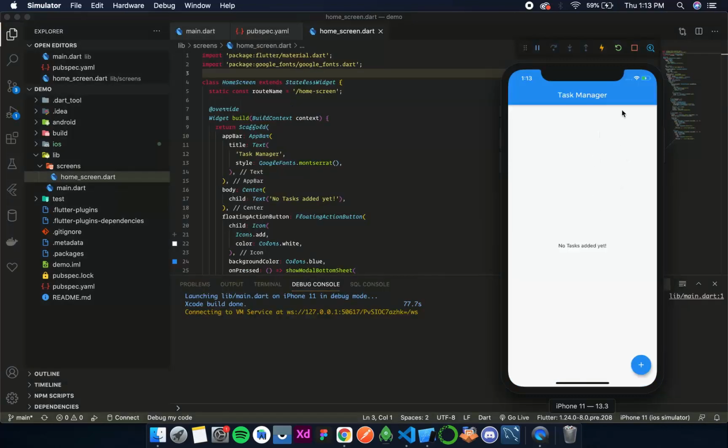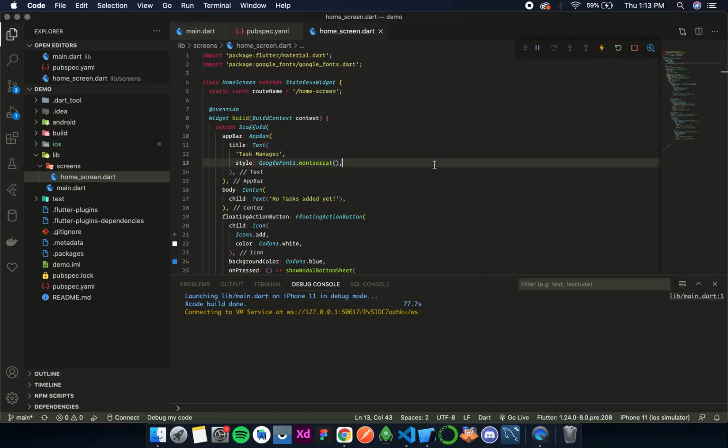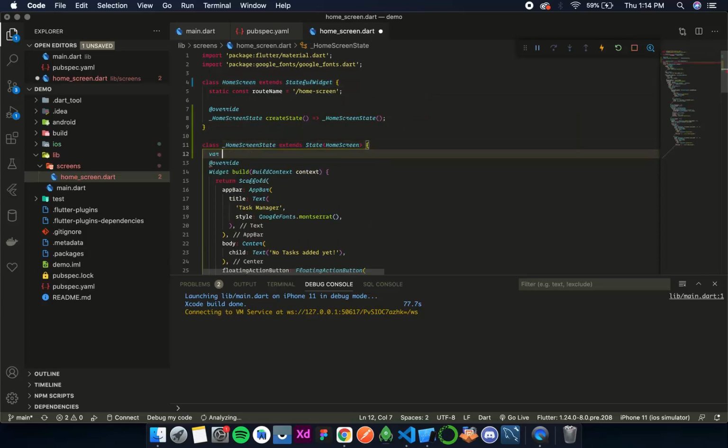So until the previous video, we have created the basic structure and we have created the UI of the bottom sheet. So let's continue. Now the first thing that we need to do is add a text controller to this text field and add functionalities to this button. So for that I'll need to initialize the text editing controller inside initState and then dispose it in the dispose method, and all those methods are available only in stateful widget. So I'll change this stateless widget to a stateful widget. Now I'll declare the controller, so let's call it taskController.